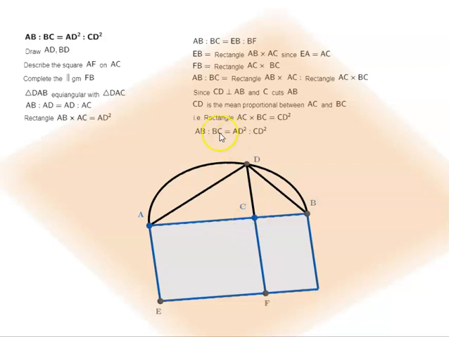So that means AB is to BC is equal to the rectangle AB by AC, which is equal to AD square, and rectangle AC by BC is equal to CD square. So AB is to BC is equal to AD square is to CD square, which is what we had to prove as part of this lemma. So that was proposition number 13 of book 13 of Euclid's Elements,